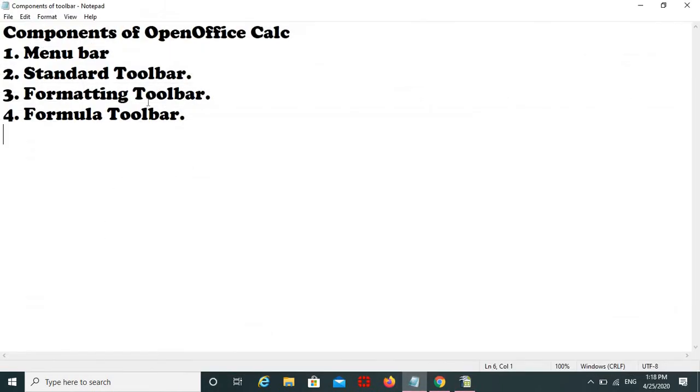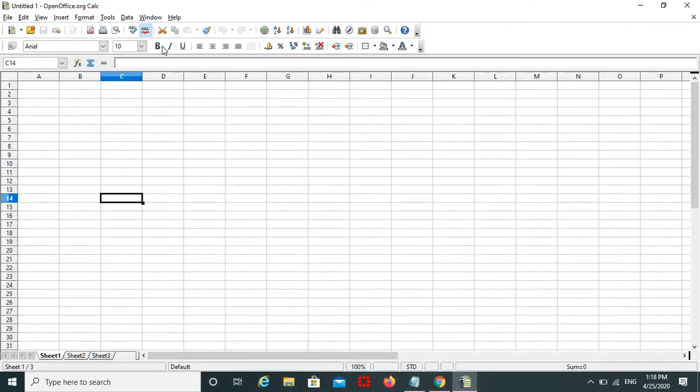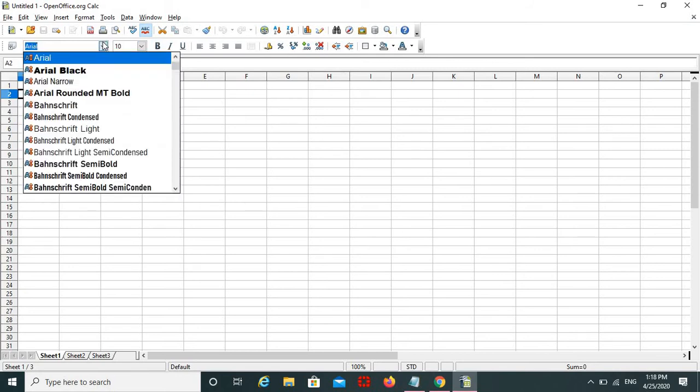Third one, the formatting toolbar. This is very important. By using this you can format your cell. So where is it? This is the formatting toolbar. This one you can use to format the name and select the design of the particular name.